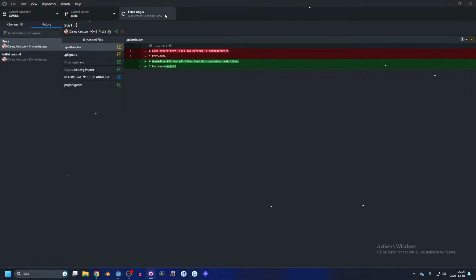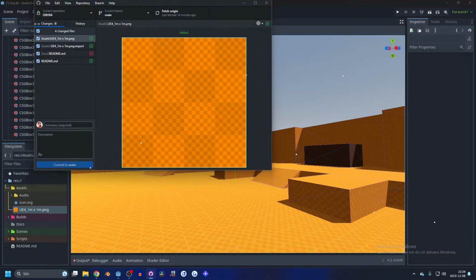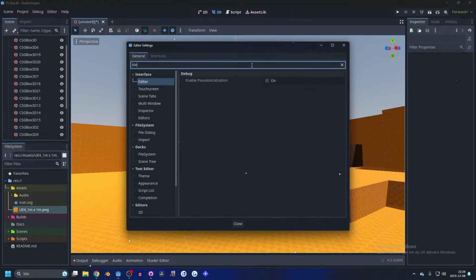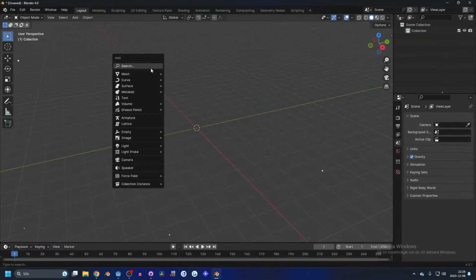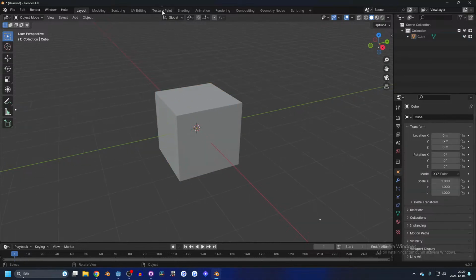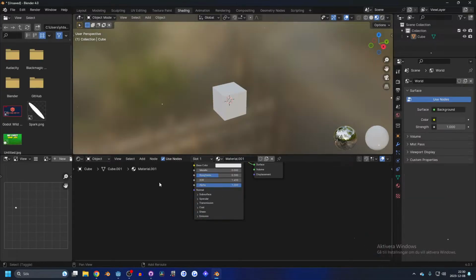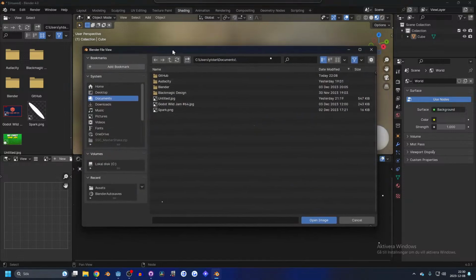Let's see. Check that Blender is working, and I can move that. It should be working, but just to make sure, I'll make just a cube and import it. And I'm thinking I'll import it with my texture as well that I'm gonna be using. Using shading. Let's make a new image texture, open that up. Let's see,